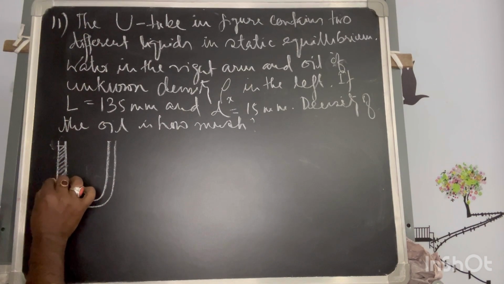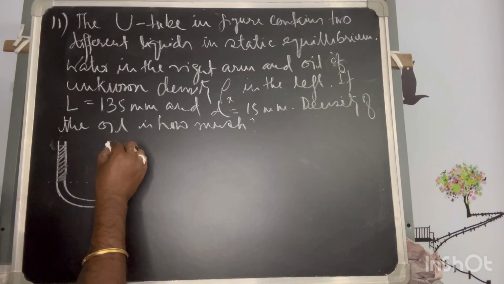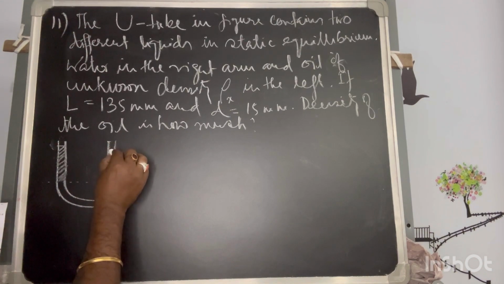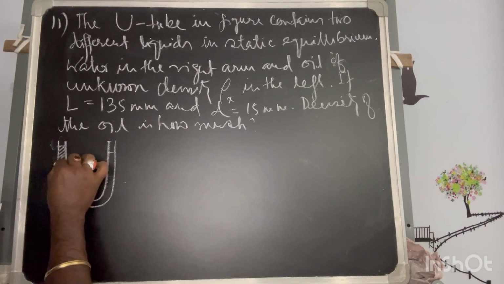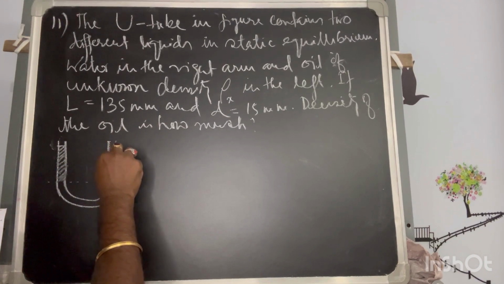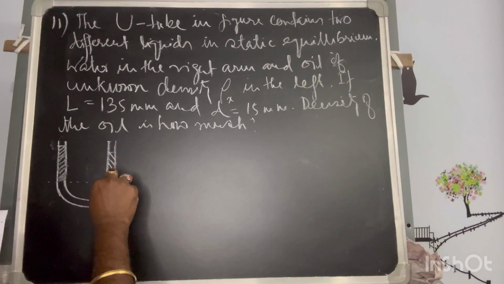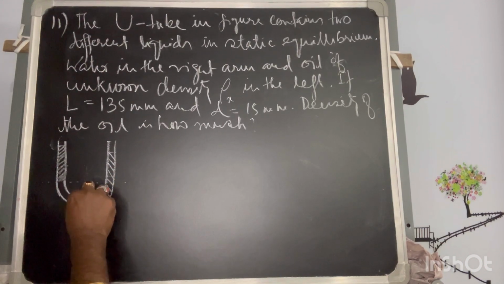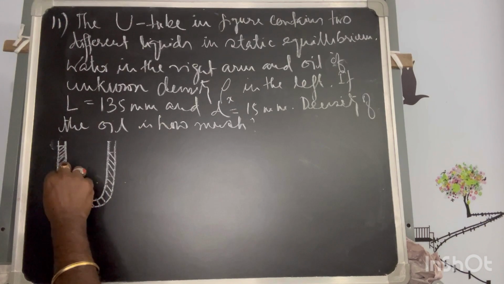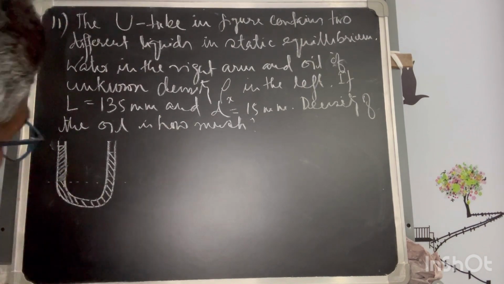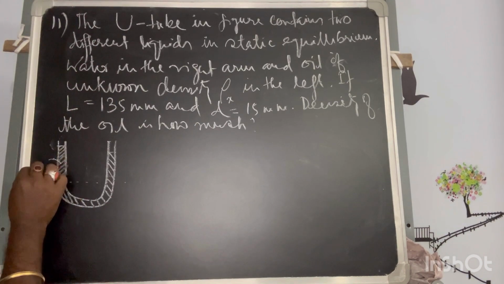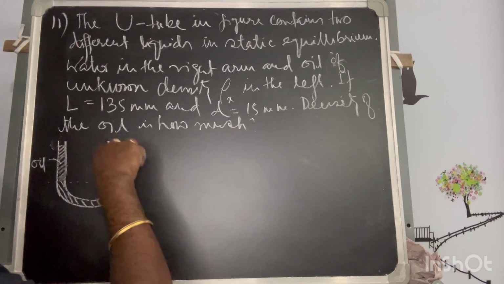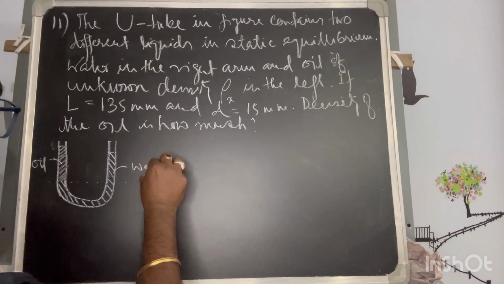After that, in the other arm, water, if I consider it has reached up to this, it is separated by this kind of slant line, which is marked as oil, and this kind of slant line is marked as water. Okay,